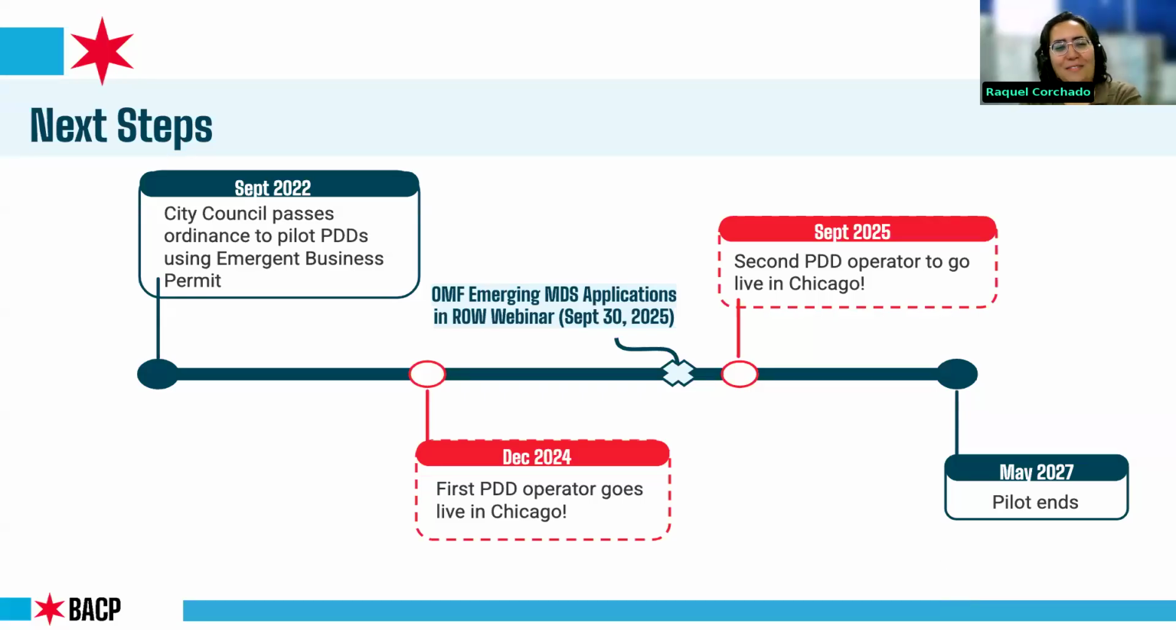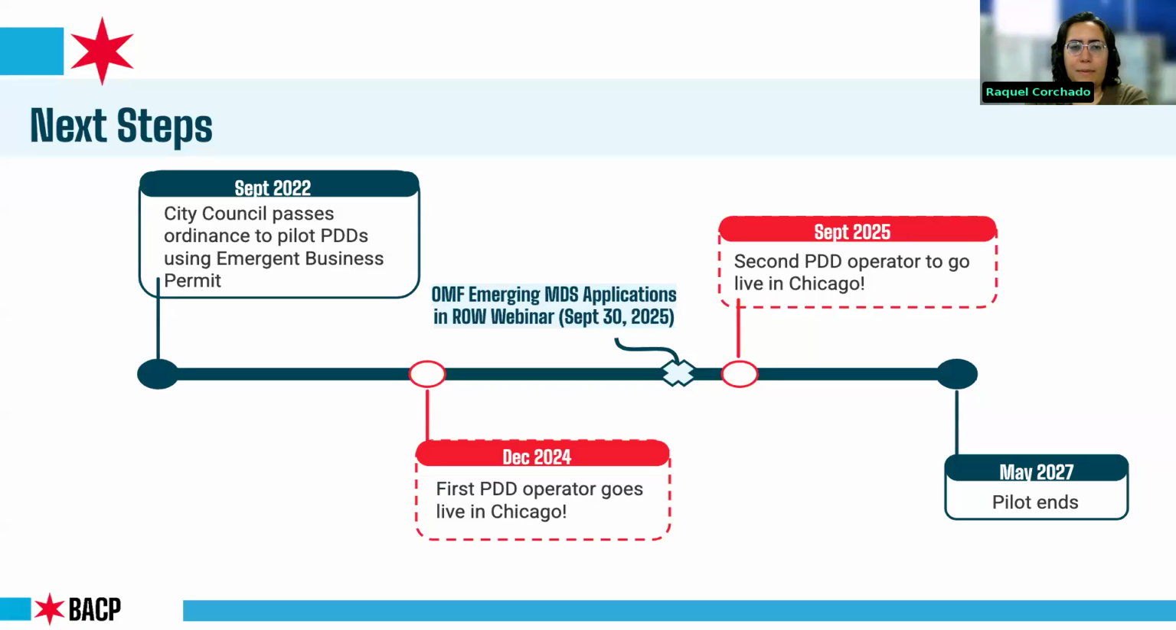Where we are today is the OMF Emerging Business webinar. And today as well, we will have our second operator going live in the city. The pilot will be wrapping up in 2027. It could be up to city council if this turns into a program or just turns into a permit that gets extended every 2 years. More to come on that, but it's still early days. But so far, we have one operator, another one coming to the city, and it's been a good response